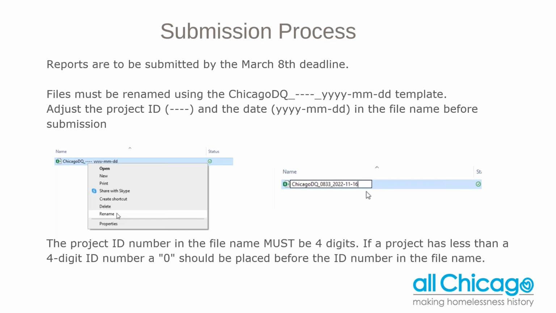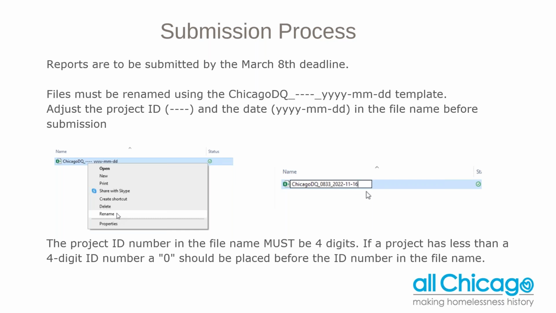So to do that, you must adjust the project ID number for the dashes and then replace the year month date placeholder with the actual date before actually submitting to AllChicago. So to do that, once you download the report out of HMIS or out of Business Objects, once it's in your file explorer, you can right click on the file, click rename, and then you'll be able to make those